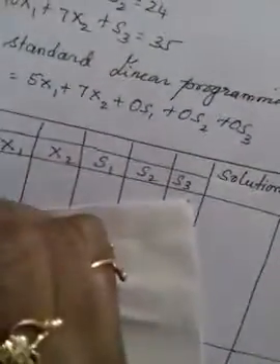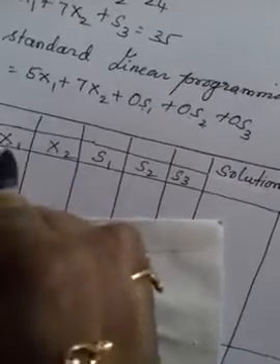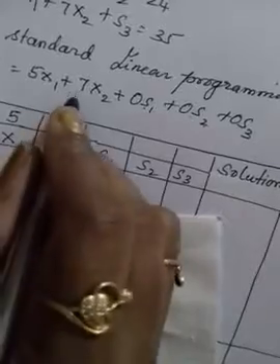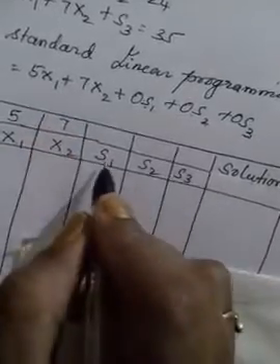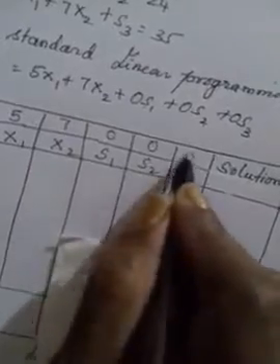Okay. Now I am going to enter the values. Cj is nothing but the constant values of your objective function. Okay, the numbers of your objective function. What is your number for x1? For x1 your coefficient is 5. For x2 your coefficient is 7. And for s1 your coefficient is 0, and this is 0 and this is 0.